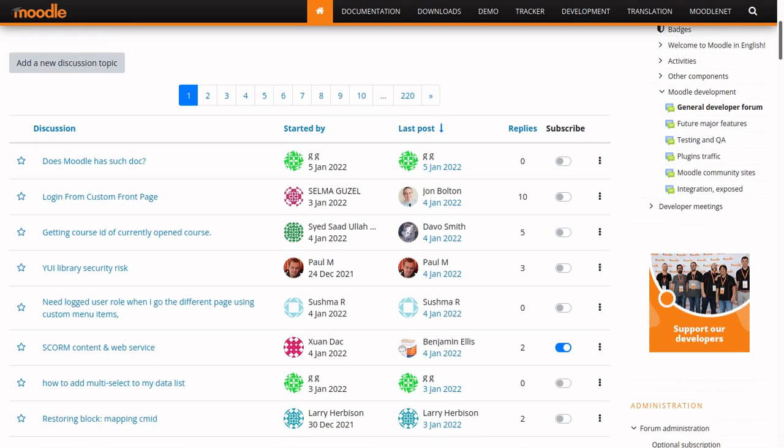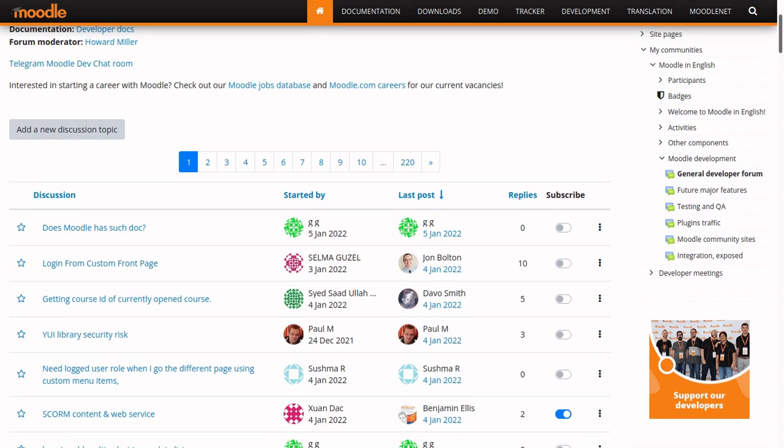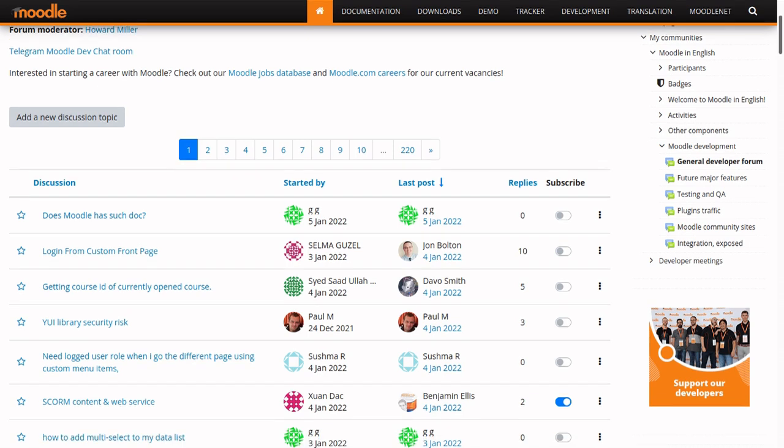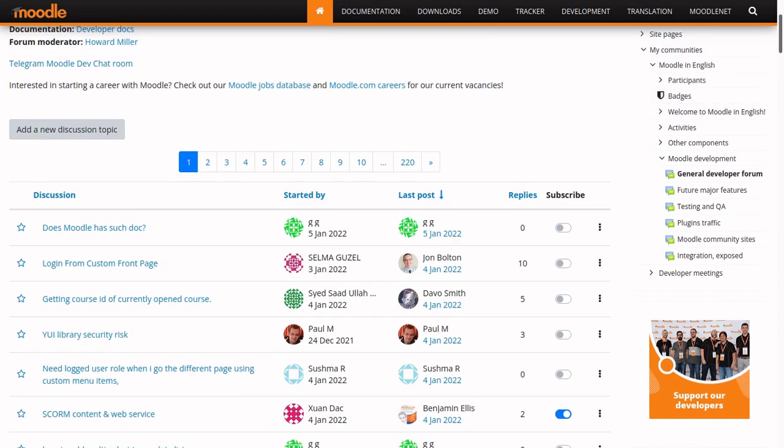Sometimes people who've worked for headquarters have moved to partners, and continue to play a big role in the Moodle community. A few of the partners actually allow their developers time to work on things like plugins, or to take part in